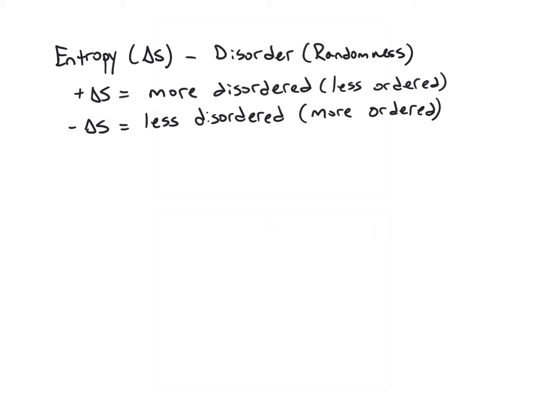Now, the concept of entropy can apply to the system, which, if you remember back in our thermodynamics unit in Chapter 7, we talked about how the system is what you're observing, and the surroundings is everything that's not the system. Well, entropy can be applied to both the system and the surroundings. And if you add the system and the surroundings together, that's really everything that there possibly can be. And so we call this the universe.